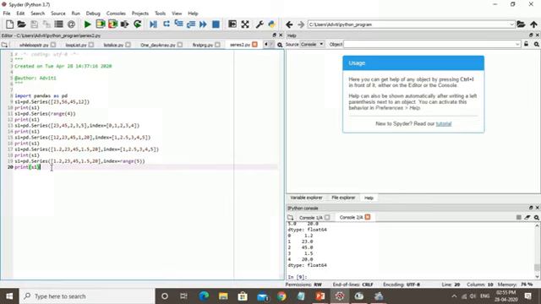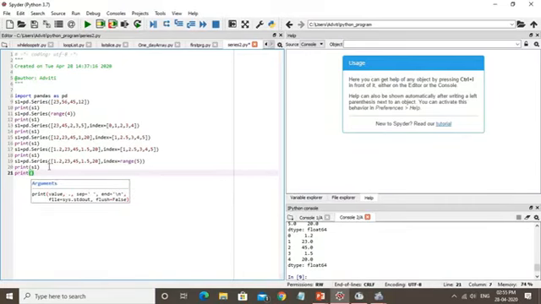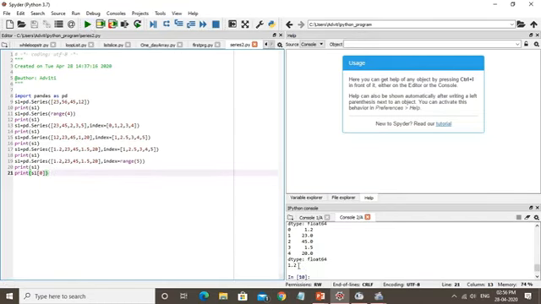For example, I want to print a particular element. I am writing print S1 and then the particular element. So let's say S1 and defining the index 0. Okay, now check the print. Only the first index value will be printed because I have given index 0 here, and we can also use